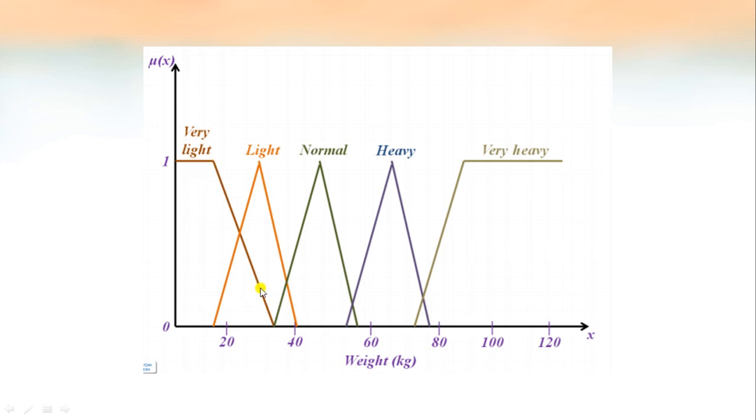And if we come here, a weight between 20 and 40, somewhere here is 35. That weight cannot be considered as very lightweight. So it will not belong to the set of very light. So we can have a membership value of 0 based on the common intelligence or the understanding capability. This is called intuition.